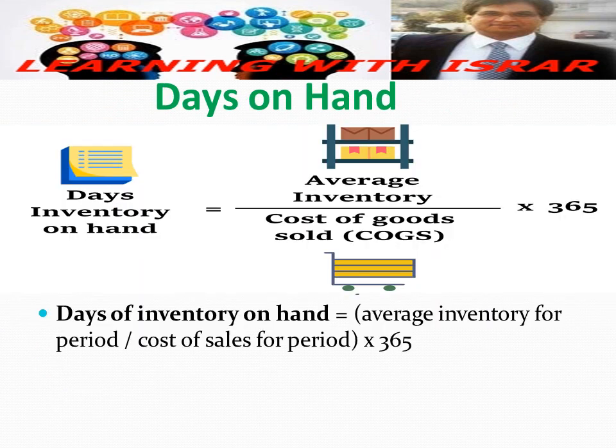Okay, the next one is the days on hand inventory, also known as the average days to sell inventory or average age of inventory, which is the rate of inventory turns by the day. This daily interval is the most common time frame after an annual range. We use this formula to calculate days on hand: days on hand inventory is equal to average inventory for the period, divided by cost of sales for the period, and multiplied by 365. Those are the days in one year.